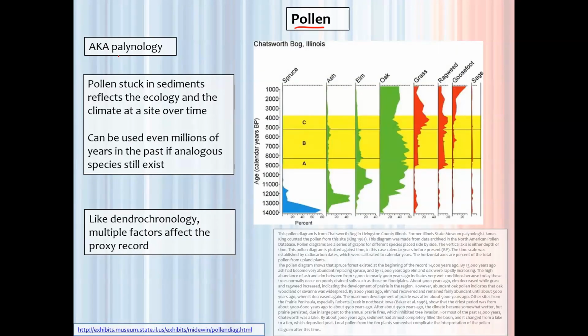Pollen records, aka palynology, are ways of using the pollen present in sediments to reflect the ecology and the climate at a site over a specific time. You can actually go millions of years into the past if these things are well preserved and if analogous species still exist. And just like dendrochronology, like the tree ring that we were looking at, multiple factors do affect these, but these have the benefit of